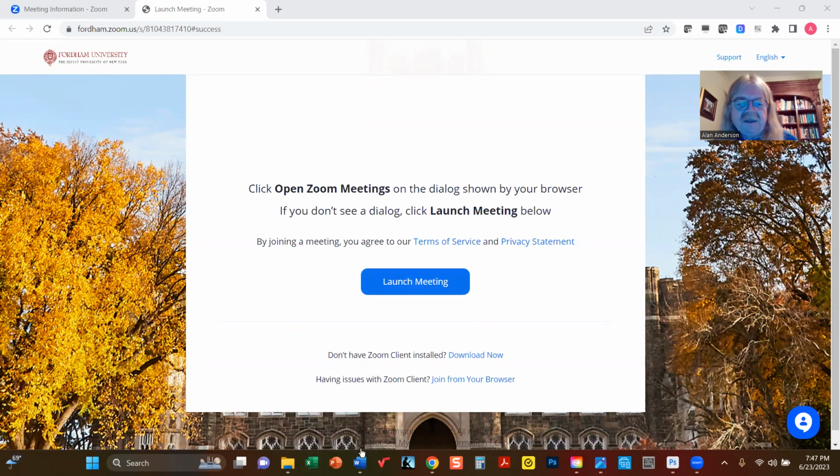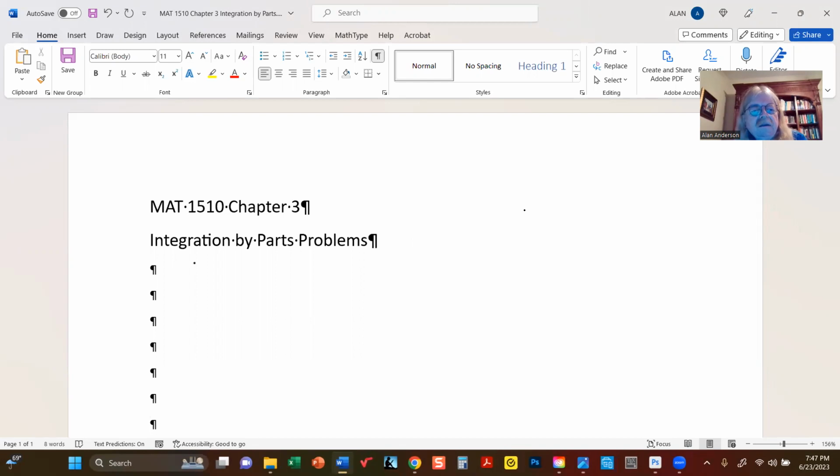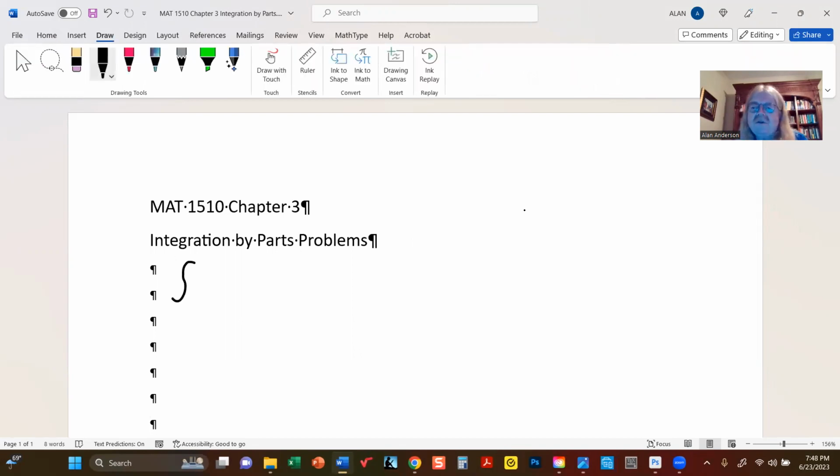All right, so let me get the document open. Instead of having slides, I'm just going to write the answers of the problems right here. So why don't we start by reminding ourselves how this works. We did derive it last time, but let me just show you the final result. You might recall that u is simply shorthand for f of x. v is shorthand for